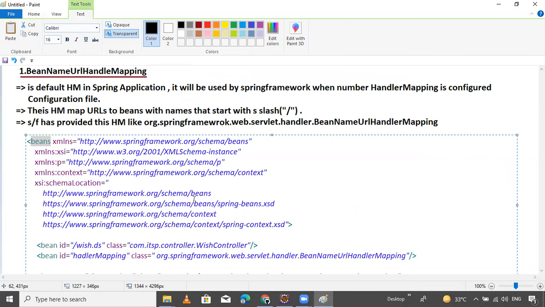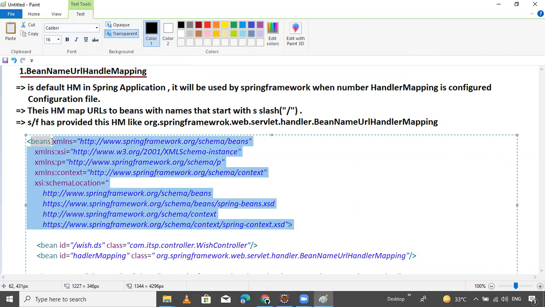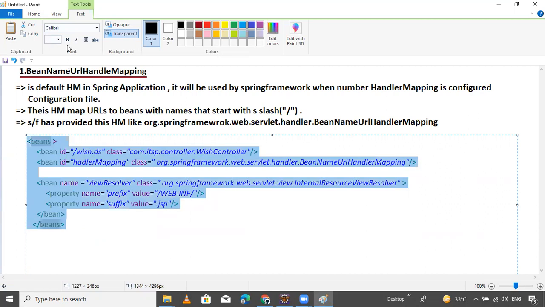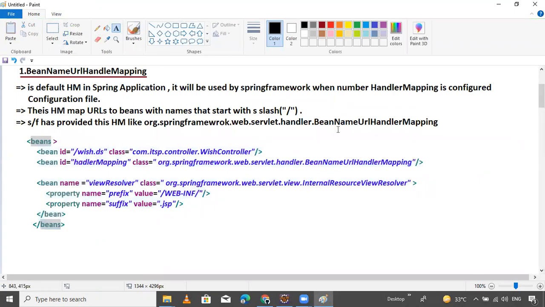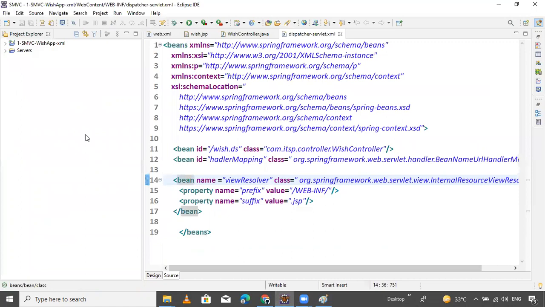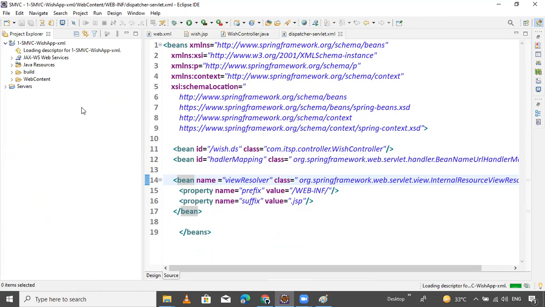The XSD part is not required. This one is required. We need not prepare the BeanNameUrl handler mapping example, because we have already seen it. Now we have only one controller; you can define multiple controllers, not an issue.